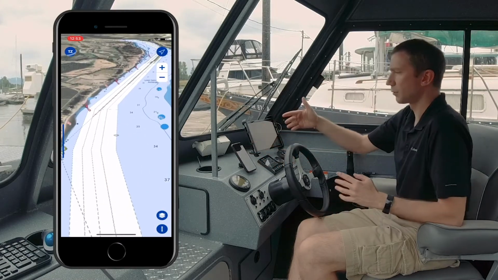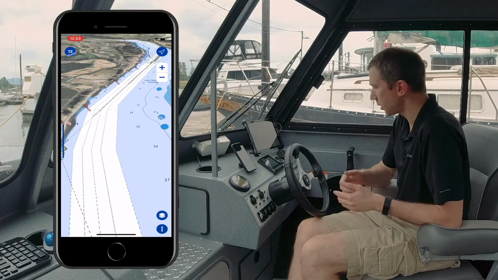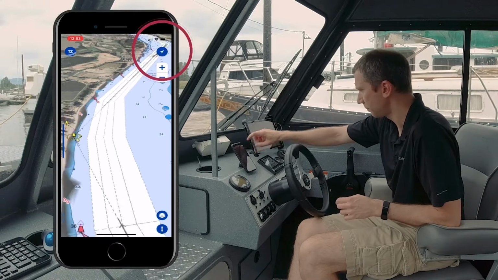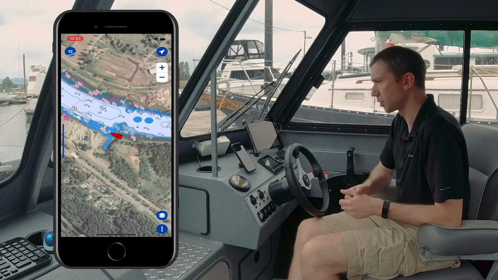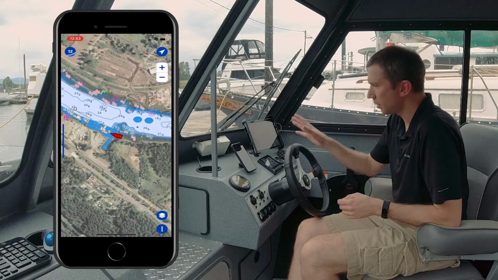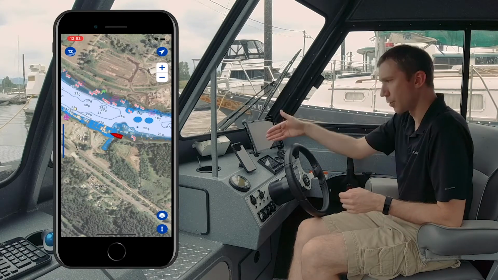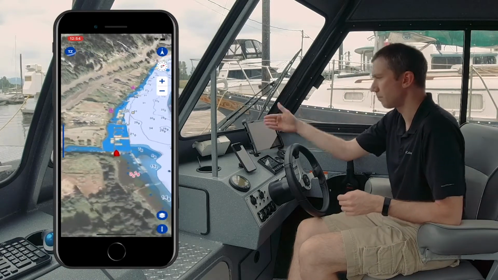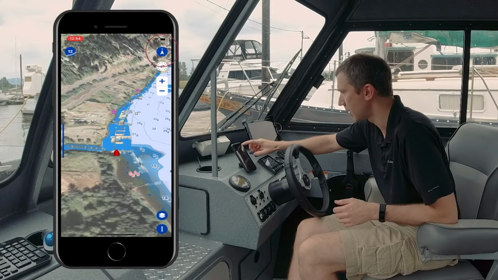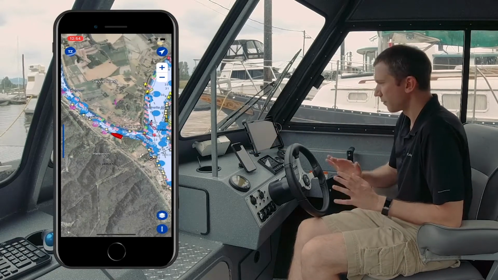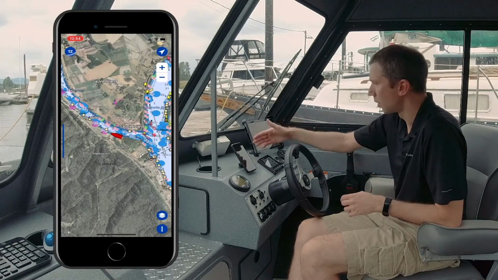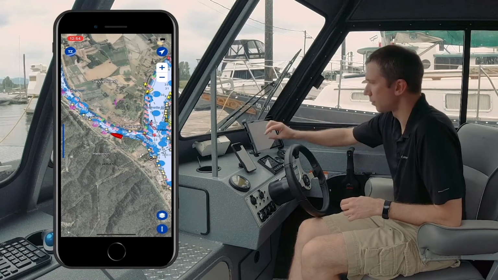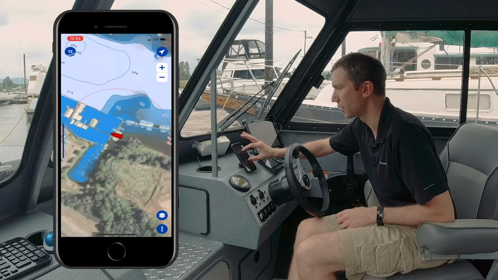Now let's say you want to go back to your on-ship position, the GPS position. You just tap on the upper right corner on the GPS icon, and you go back to your position. If you tap again on that icon, TZIBot will switch from the north up mode presentation that I have right now to head up. So I tap again and I switch automatically to head up. If I tap again, I go back to north up. Very, very easy to use. And of course, we also have the zoom plus and minus buttons that you can tap with your finger. We are of course also compatible with pinch to zoom or pinch to unzoom.